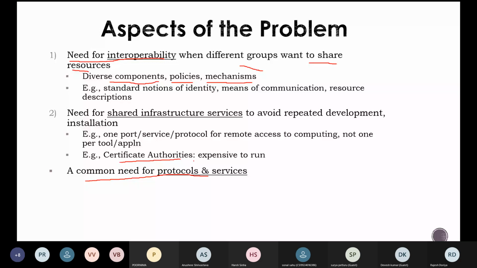So a standard set of protocols and services has to be developed. These are some of the aspects of the problem. All problems will have these things in common, so grid infrastructure or grid technology has to address these aspects in general.